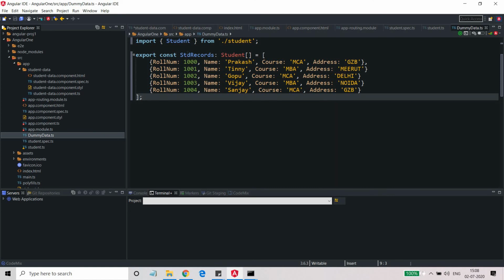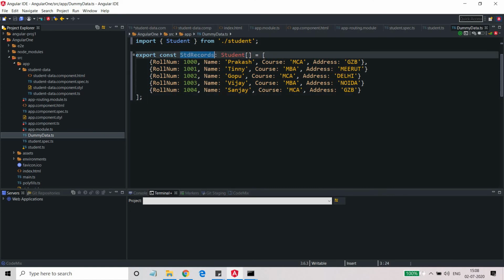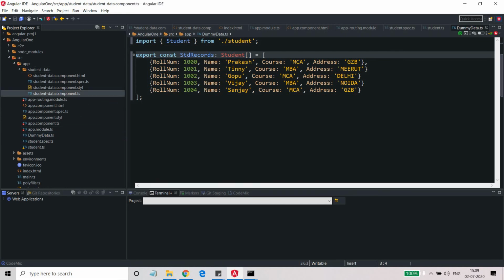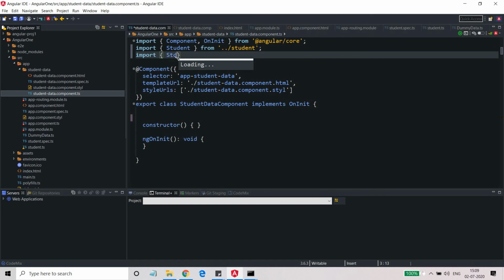In the dummy data, I need to import this std records. Export means it has been exported and is available throughout the module, so since it has been exported, you import it here. What is the name? Std records or std record?